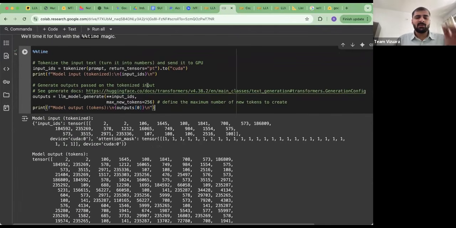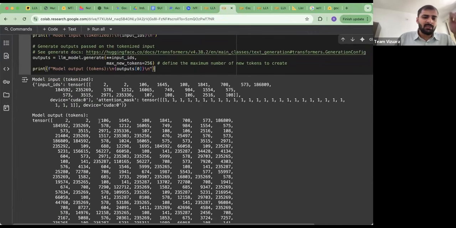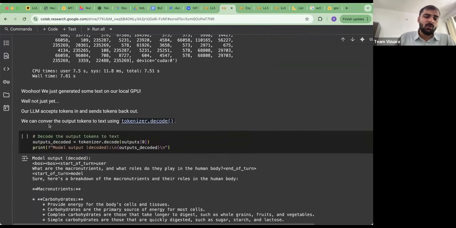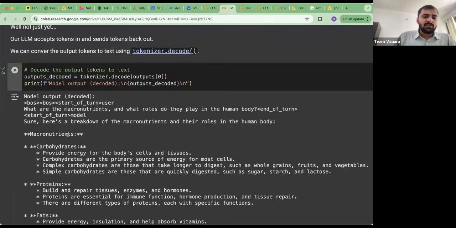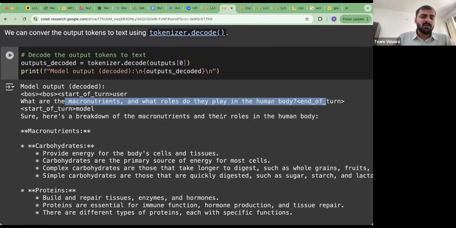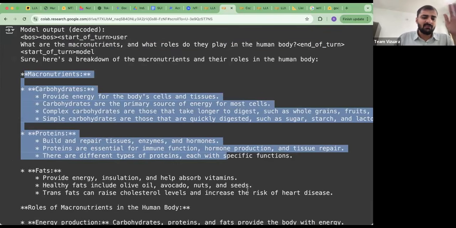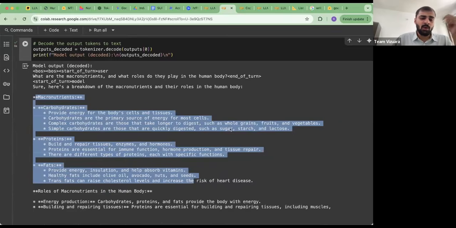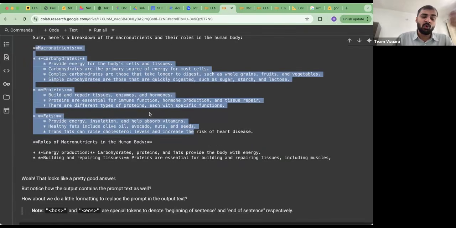This will take some time because we are on a T4 GPU, but the model generates some outputs which you can decode back into text. So if the question is what are macronutrients and what roles do they play, the model gives an answer by itself. This is a sign that our local LLM is now working and ready to go,